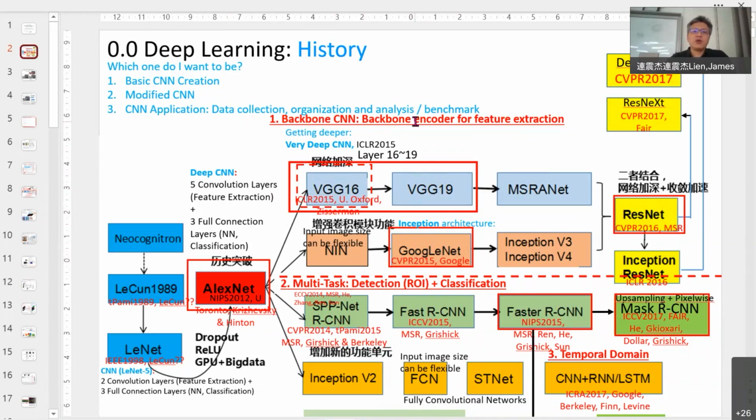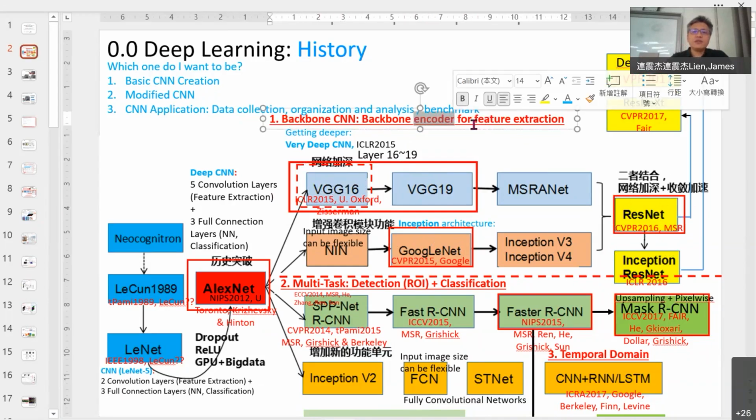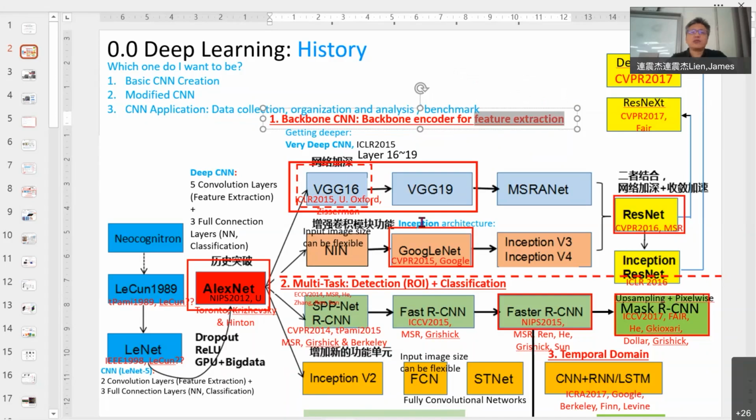Backbone is for what? For encoder. Encoder is for what? For feature extraction. You extract the features and do downsampling. Up to here, finally we found 5 blocks as the best result, so we have 5 downsampling, because you do downsampling. So the final output, the image size we call map, is usually either 14 by 14 or 7 by 7. But in the current situation, 7 by 7